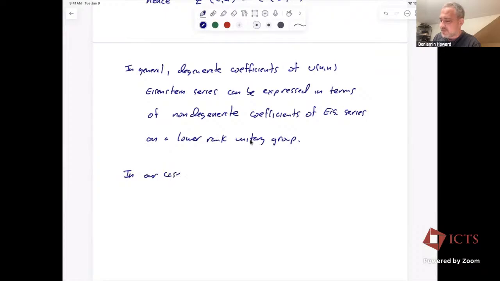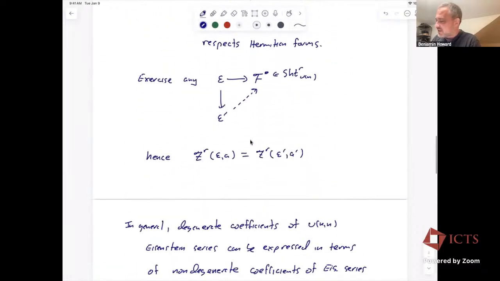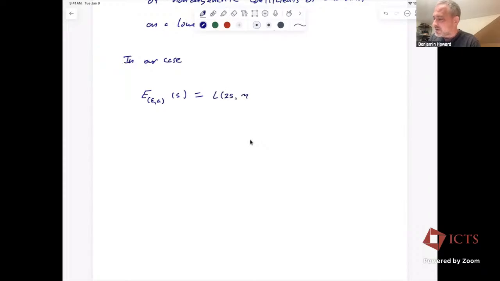So in our case, although it's simple, it's still complicated enough to be interesting. It's a little bit more subtle than just this very naive relation between the two cycles. So in our case, what it says is that if we take our EA coefficient of the Eisenstein series of interest at S, you get an Eisenstein series coefficient of lower rank, but shifted in the variable S, times a Dirichlet function: L(2S, eta) times E prime, E prime A prime, S plus a half,